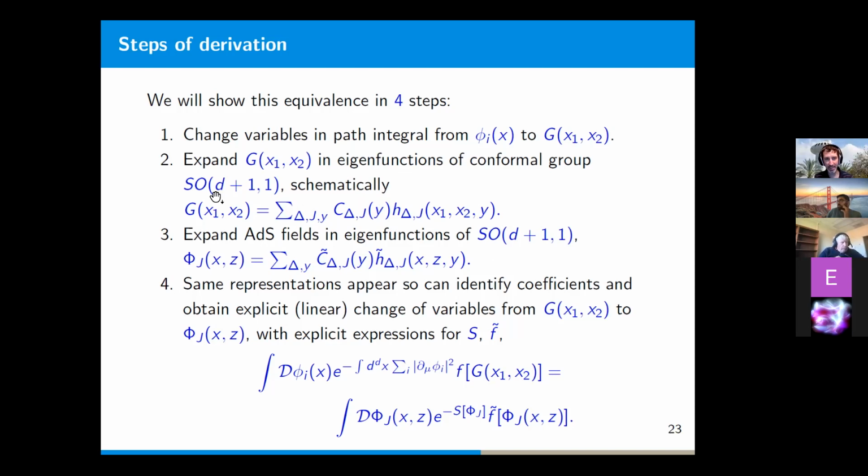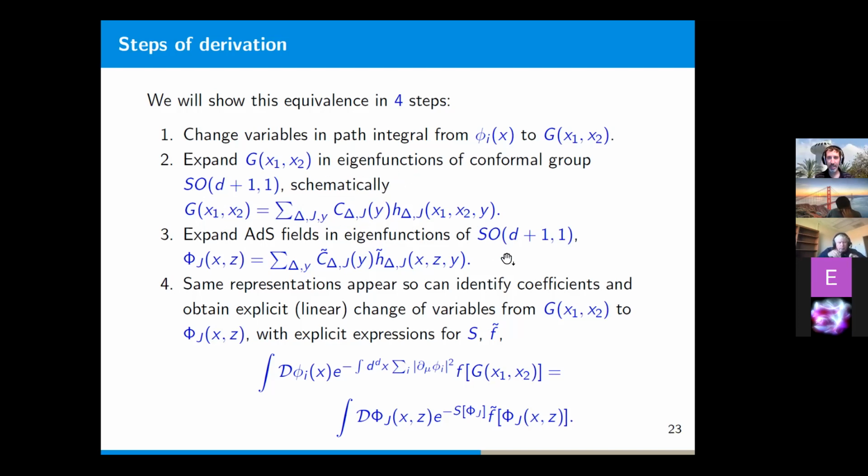And so we can just expand this bilocal field in these eigenfunctions. These are known eigenfunctions, and in the general expansion, we'll have some coefficients. We'll see that these eigenfunctions are labeled by some parameters delta, J, and y. So we'll have some list of coefficients, c delta J of y, that will be equivalent to specifying this bilocal